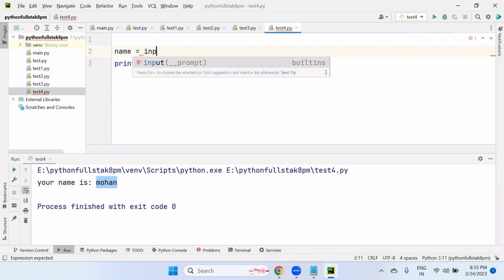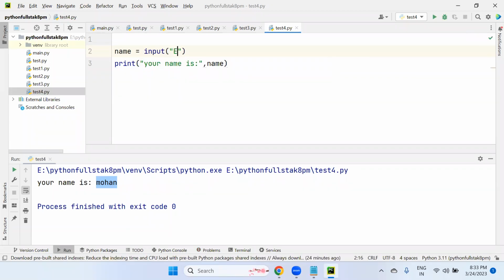Look at this. These two are commonly used functions. Print means output, what you want to display, the result values, to the user. Input means you are expecting values from the user. You are taking input values from the user. So the input function is required. Inside the input function, you can write your description, how you are asking for the values. Enter your name, I'm asking.